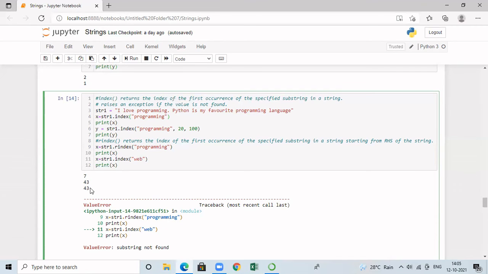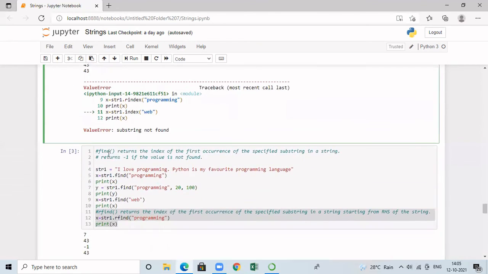And in this particular string, I am going to search whether web is present. Actually, web is not present. So when I search for web by calling str1.index by passing web as an argument, I am getting value error. So the reason is the index method will return an error when the data is not present in the string. So instead of returning an error, if we could return some other value, that will be good for us. So for that only, we have the function find.